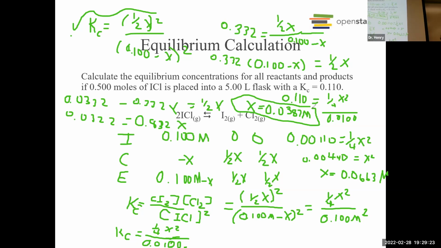And this is kind of good because it also lets us know that if this number is greater than what we started off with, we know we've messed up somewhere, right? So this lets us know that pretty well. So now we know what x is, and if we wanted to calculate the concentrations of our products, it's just half of that, right?